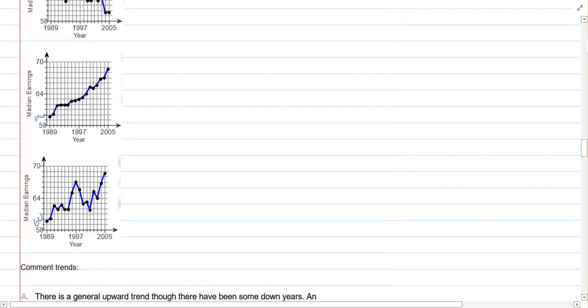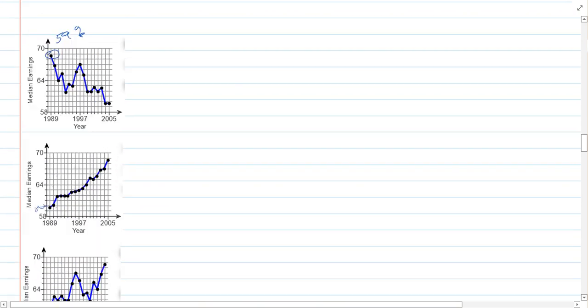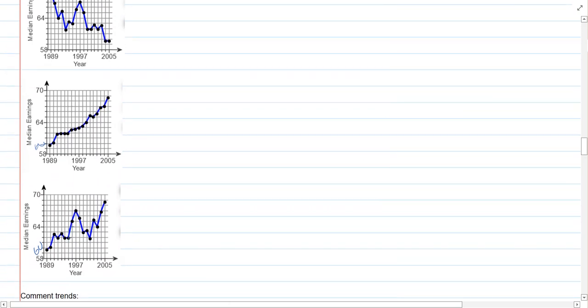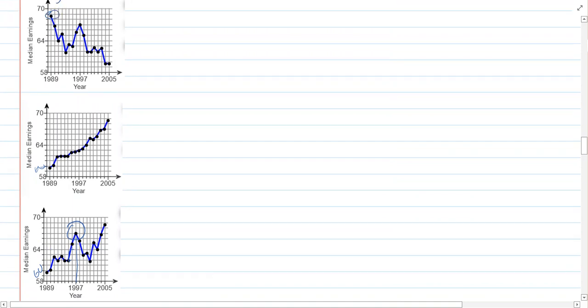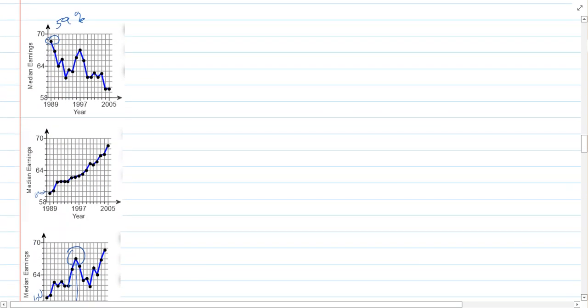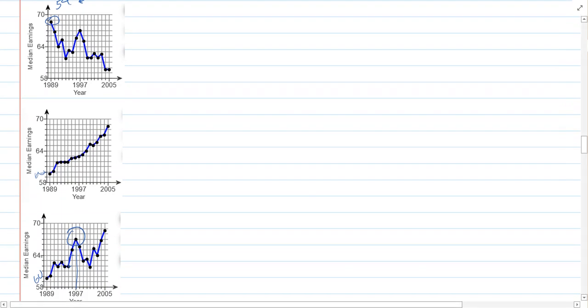This one's closer. But let's keep going. Let's see what we have. And no, that's it. Let's look at the high one. And this one is 1997. 1997 is 67. So let's look at that. 64, 65, 66, 67. This is our graph,